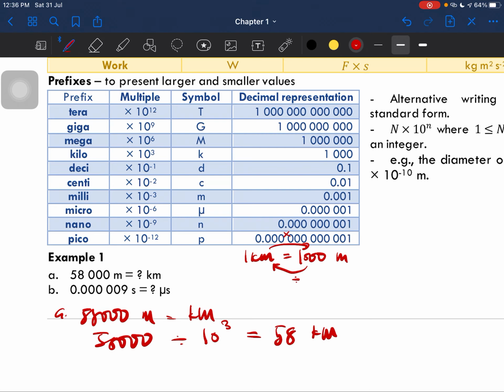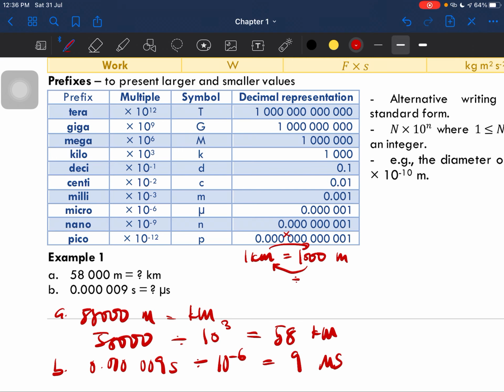Alright, same thing applies to this. 0.0000009 second. Since it asks for micro, which is this one, we know that micro is, again we divide by 10 to the power of negative 6, you will then get 9 second,